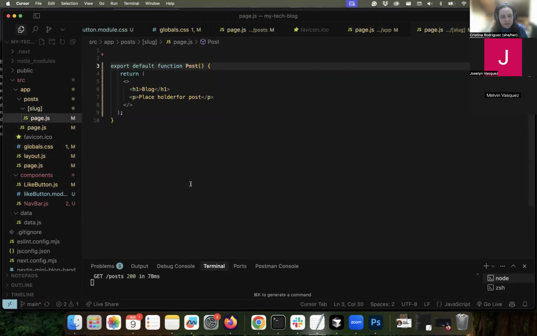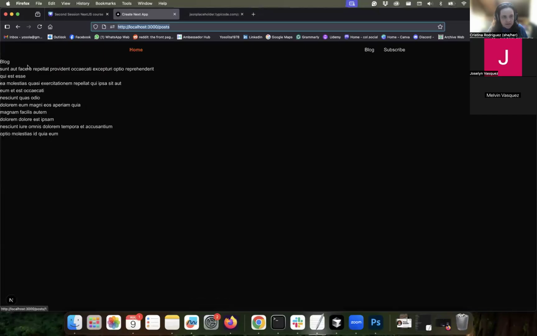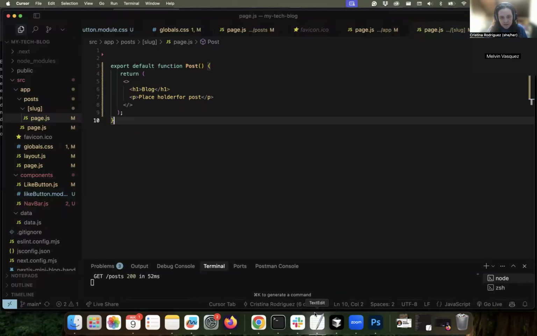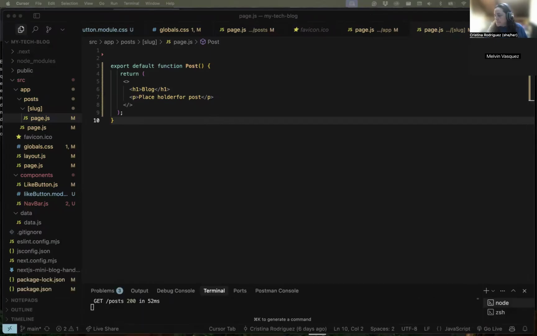Here, I'm just having a placeholder. So let's fix this, because at this moment, if I click on one of them, it's just the placeholder for the post. It's not the real post, and we can use it for the real post. So instead of the placeholder, what we are going to do is